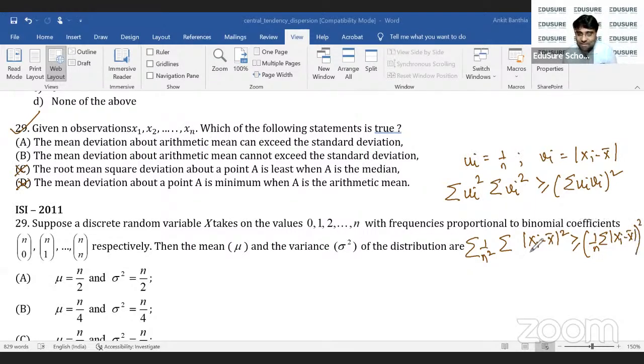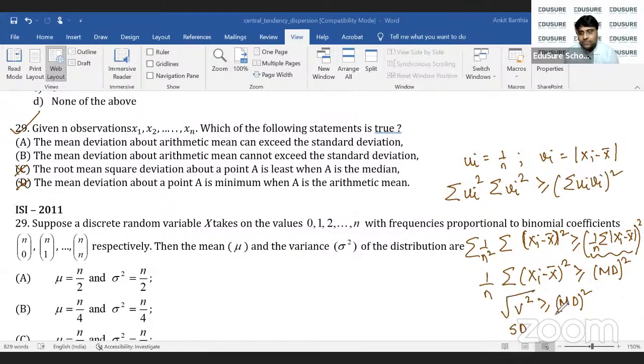≥ (1/n Σ|x_i − x̄|)², ठीक है। अब ये क्या है? मॉड स्क्वायर कैन बी रिटन एज नॉर्मल ब्रैकेट स्क्वायर। मॉड का मैं स्क्वायर करूं या नेगेटिव वैल्यू का स्क्वायर करूं, वैल्यू तो सेम ही आएगा। तो ये आया 1/n Σ(x_i − x̄)² ≥ ये (1/n Σ|x_i − x̄|)², ये क्या है? मीन डिविएशन स्क्वायर है। और ये लेफ्ट हैंड साइड क्या है? वेरियंस है। सो वेरियंस इज ग्रेटर देन इक्वल टू मीन डिविएशन स्क्वायर। दोनों साइड का रूट अगर मैं लेता हूं, दोनों ही पॉजिटिव वैल्यू है, तो इनइक्वालिटी विल नॉट चेंज। तो रूट ओवर वेरियंस इज इक्वल टू स्टैंडर्ड डिविएशन ग्रेटर देन इक्वल